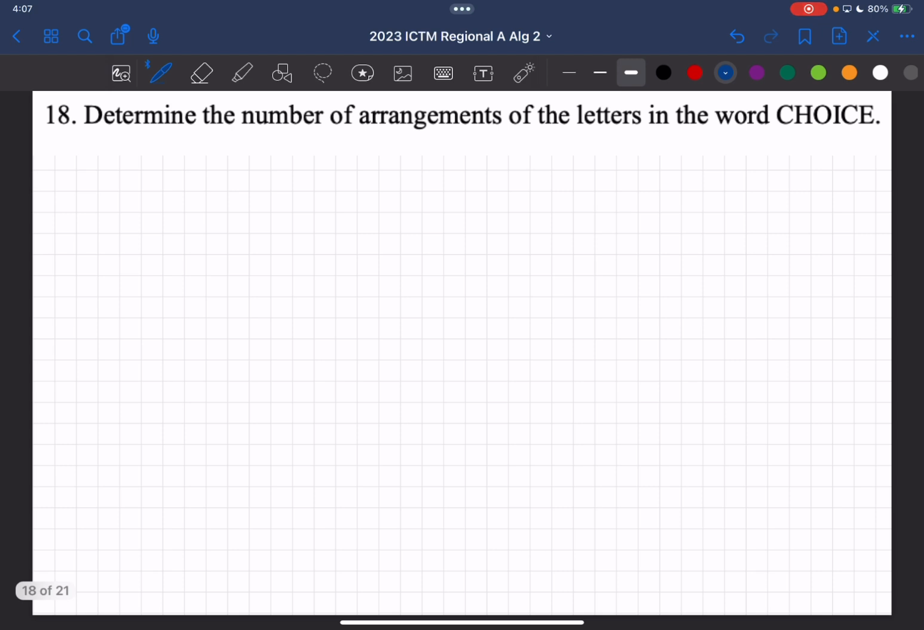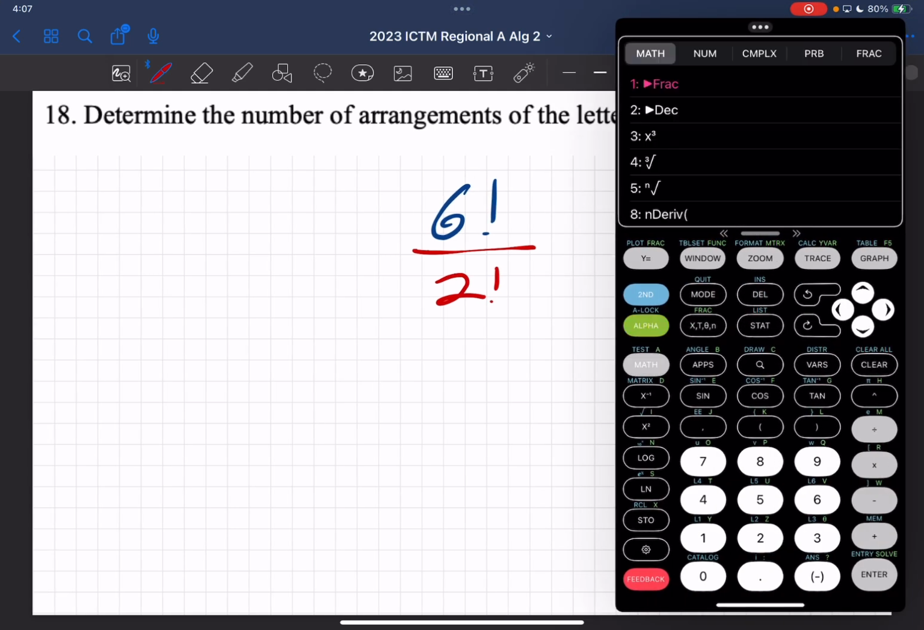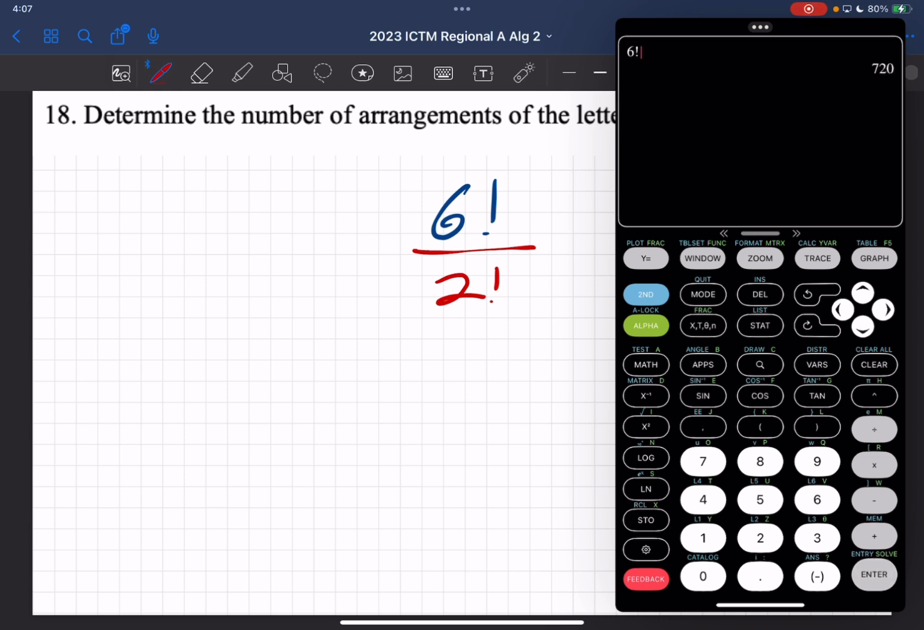Number 18, determine the number of arrangements of the letters in the word choice. Normally, what we would do is count up the number of letters, and that would be it. But we've got repeats. So we've got 2 C's. So that means we divide 6 factorial by 2 factorial to account for those repeating C's. So we've got 6 factorial, and then divided by 2 gives us